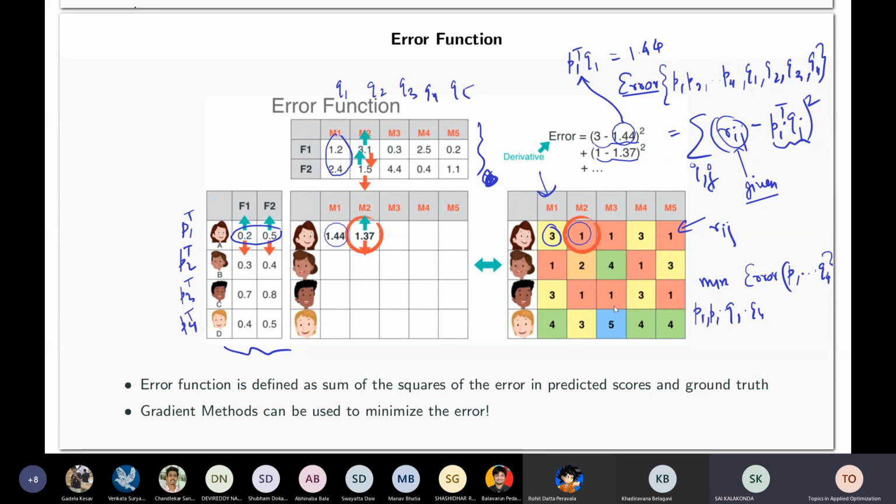Yeah, yes, sir. But the idea of U and V is same as these two matrices, right? Yeah, but right now what I'm saying is, let us start with some matrices like this and see what happens. But SVD is not possible. That's what I'm trying to say here. Because you cannot treat the missing entries as 0 also, because that will be equivalent to saying that the user rated 0. Okay, so there is a trick here. I am coming to your question. Okay, so right now just try to see that